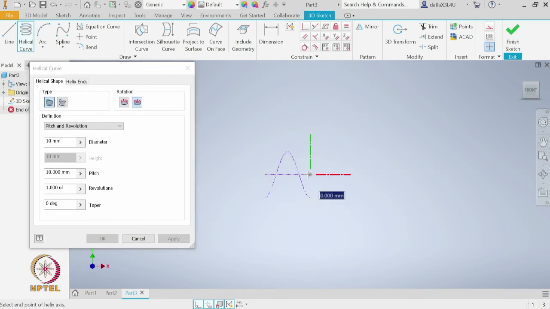Let us say it is at the origin, and now it is asking us what is the height. Maybe let us give it as 20. Now, it is asking me the diameter of the helical coil. So, let us say it is diameter of 20.